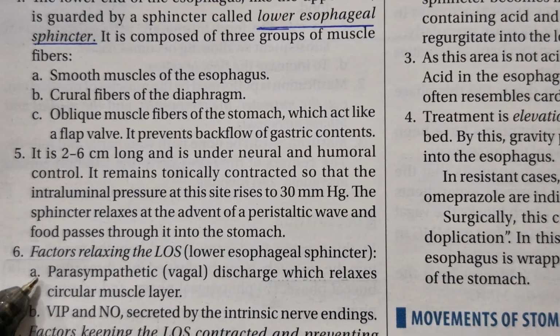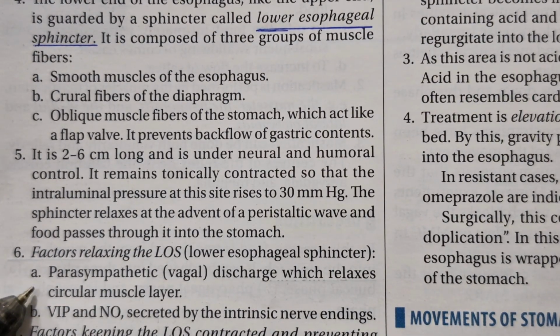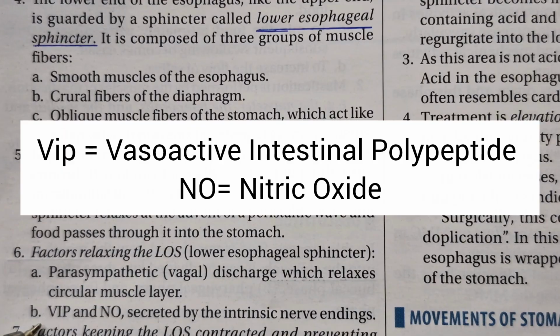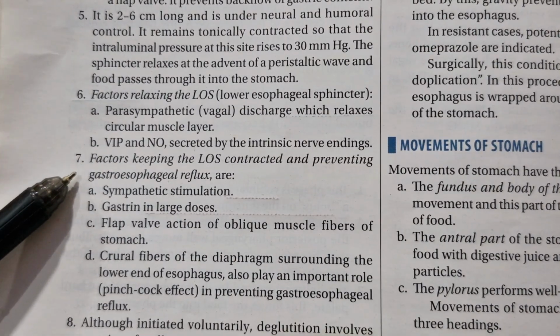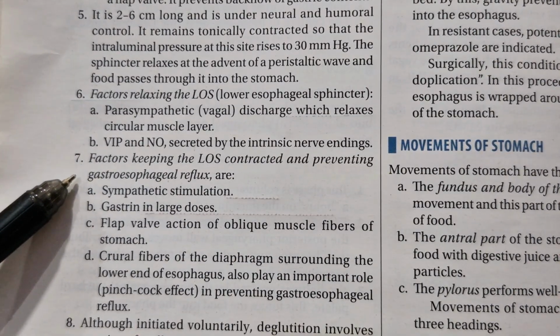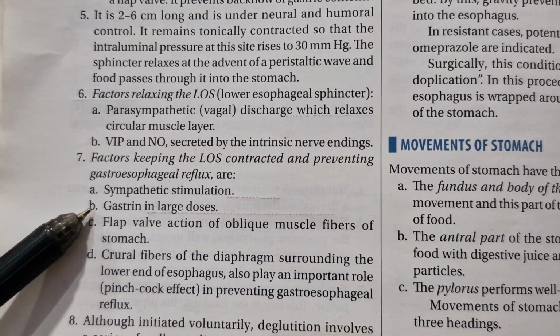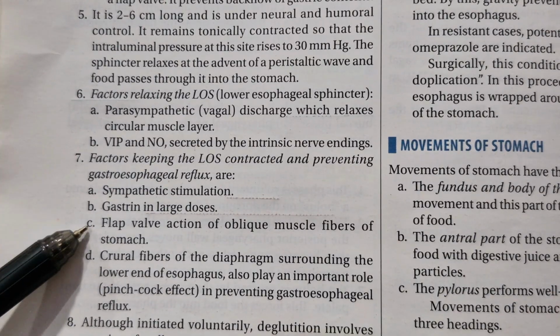The first one is parasympathetic discharge or the vagal discharge, which relaxes circular muscle layer. The second one is VIP and NO secreted by intrinsic nerve endings. Factors keeping the lower esophageal sphincter contracted and preventing gastroesophageal reflux are sympathetic stimulation, gastrin in large doses, flap valve